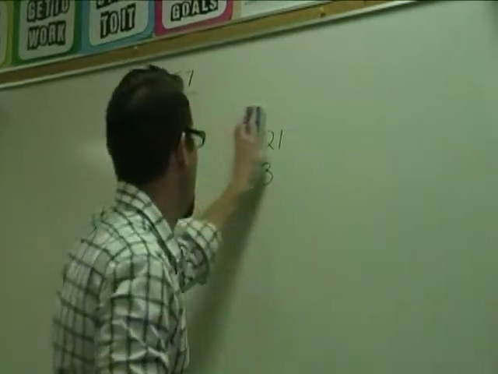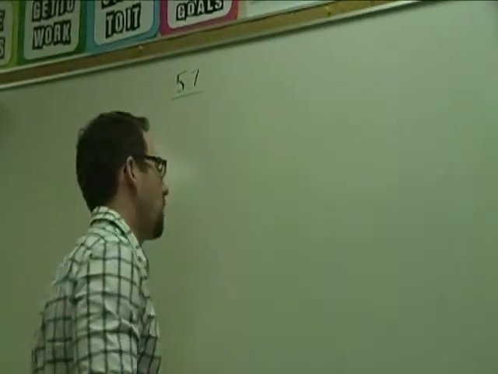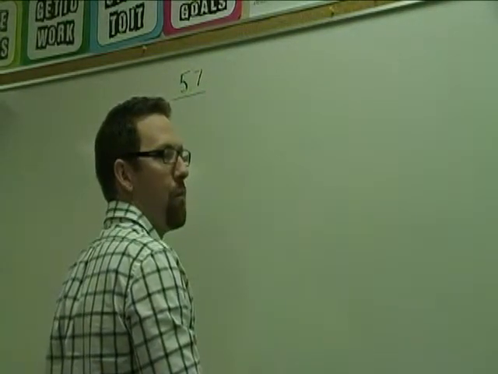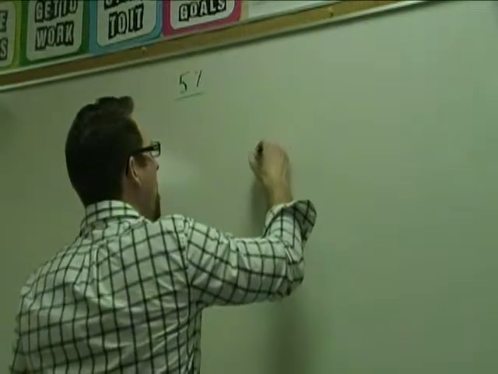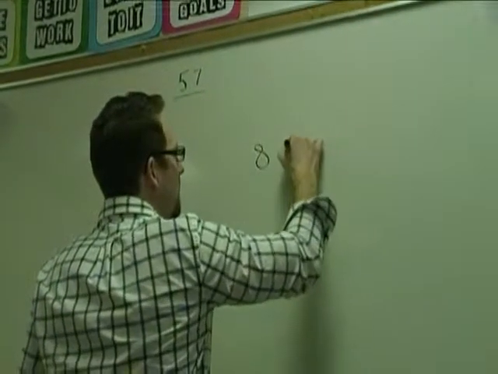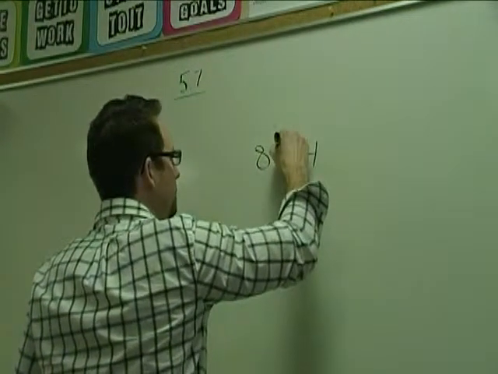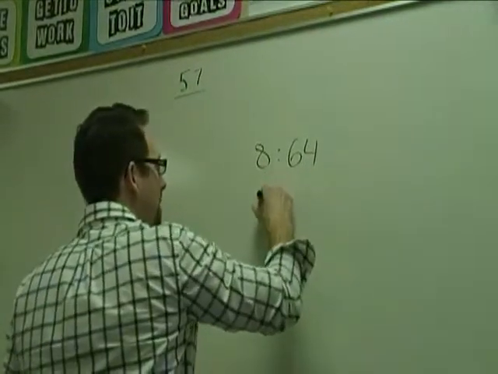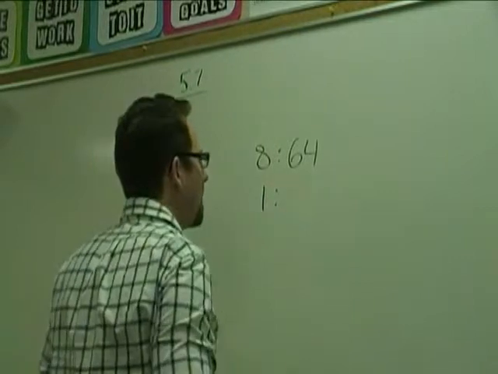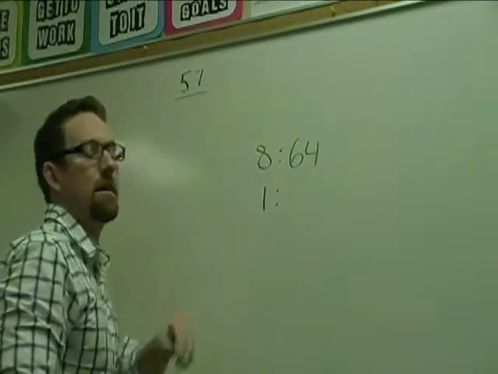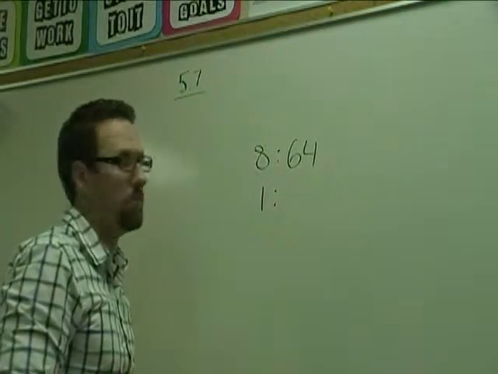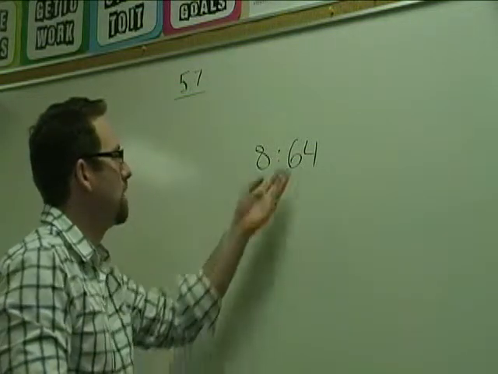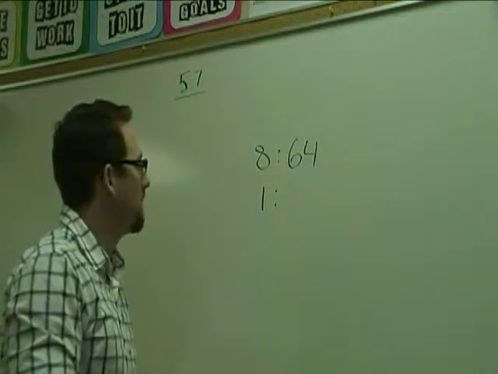Let me give you another example, just to give you a little more practice. Let's say we had, I don't know, how about 8 and 64. We need to transform the first number into 1. So how did I do that? I divided by 8. So I'm going to do the same thing to the back number,